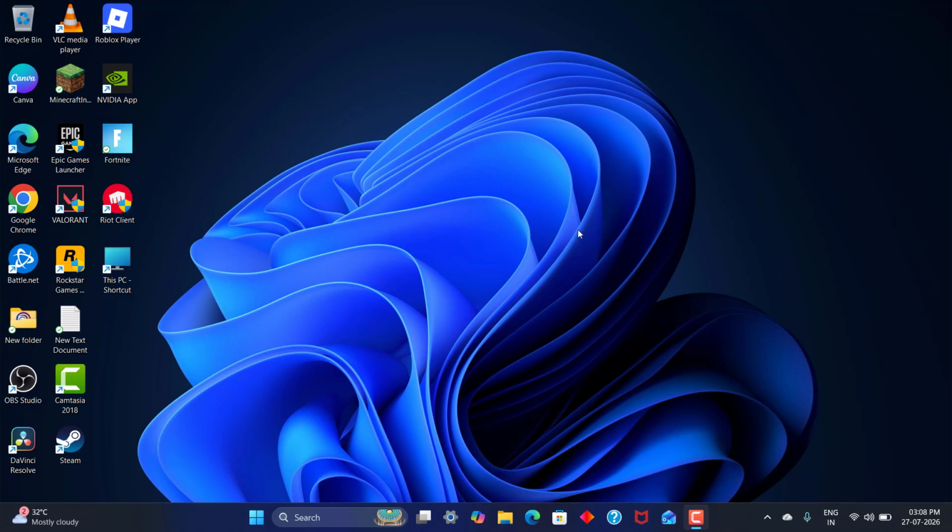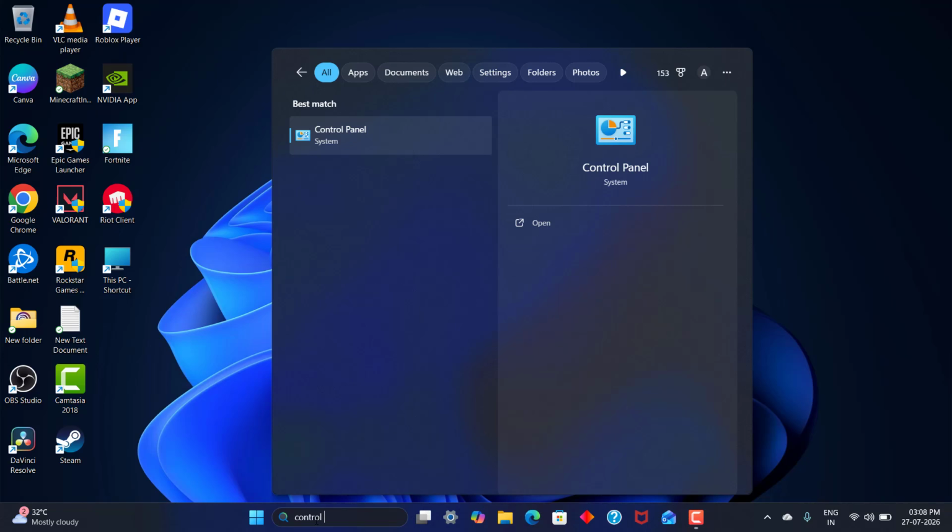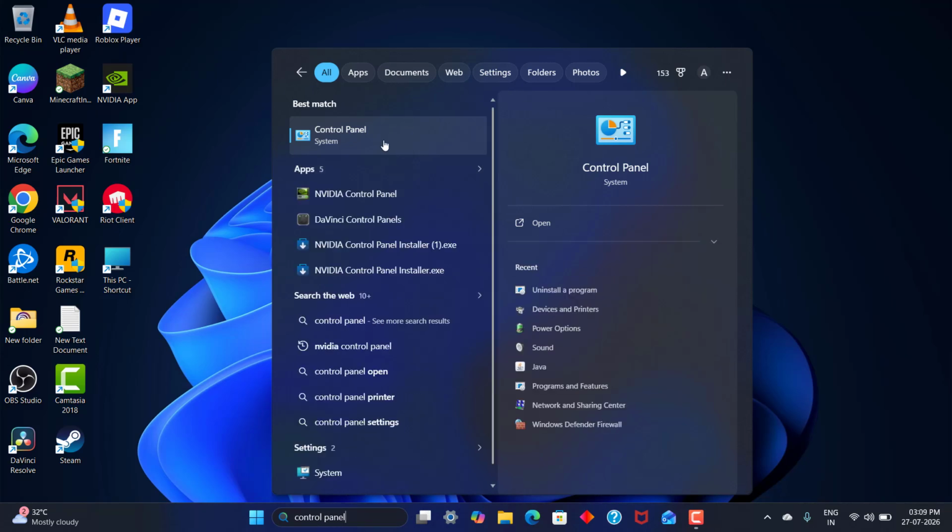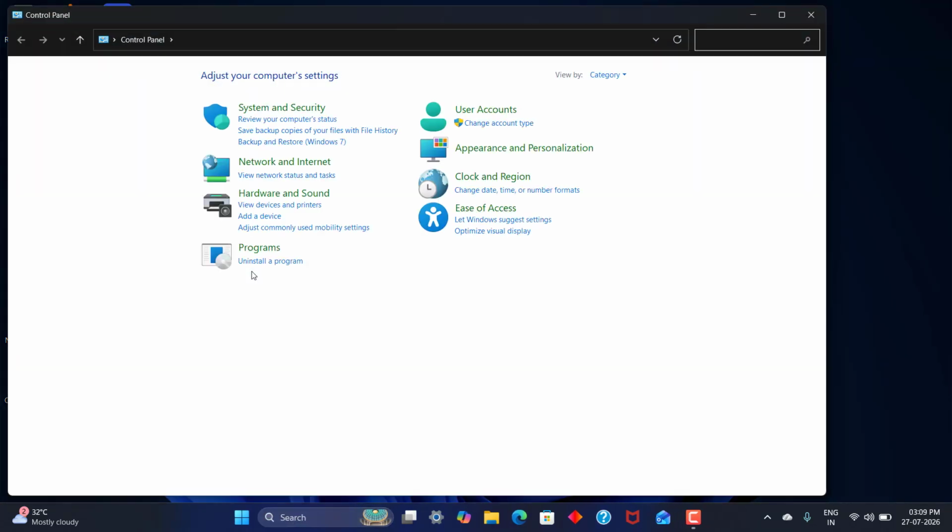How to fix MSVCP140.dll not found or missing error. First step, search for control panel, click it, click uninstall a program,